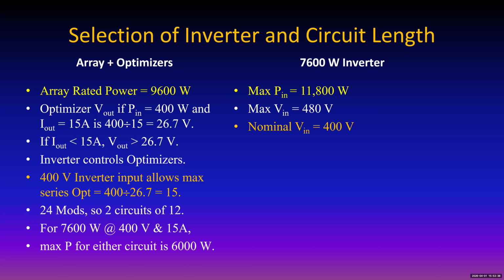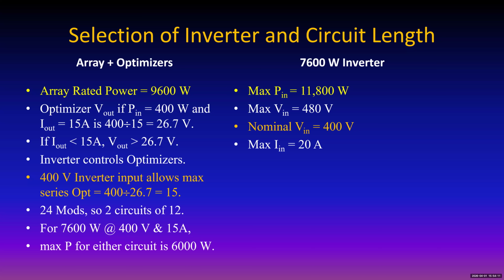Maximum input voltage 480, and the inverter controls that. Nominally, the inverter is going to let it be 400, but if it's a nice, cool, sunny day and the system wants to put out a lot of power, then it will raise its input voltage accordingly to make sure the input current doesn't exceed 15 amps. In this case, the maximum is 20,